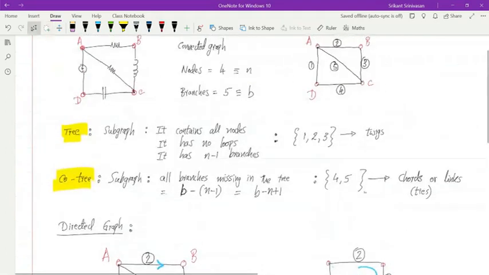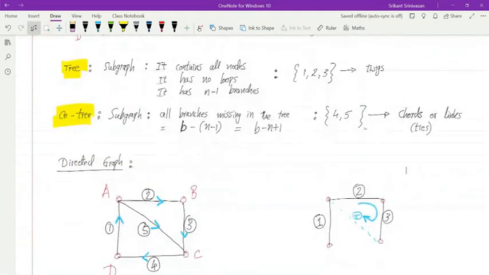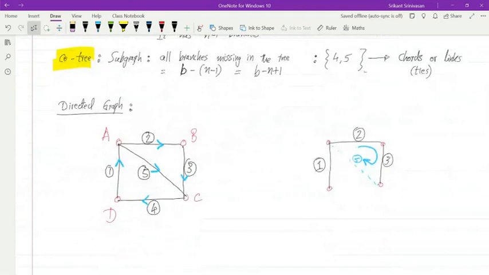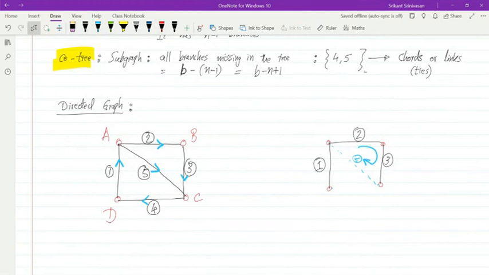When we have built these formal structures, then you can take the basic skeleton. The basic skeleton is a tree, and then as you start adding components, like as I start adding a chord, then I start getting loops. So how many loops do I have in this circuit? 3. What are the 3 loops? 2, 5, 3. 1, 5, 4, and 1, 2, 3, 4. Correct. So basically you have 3 loops.